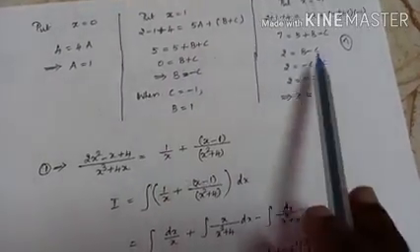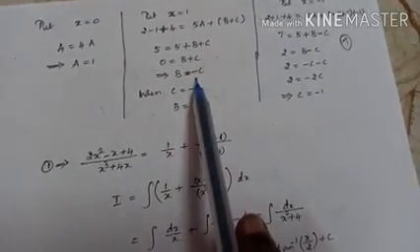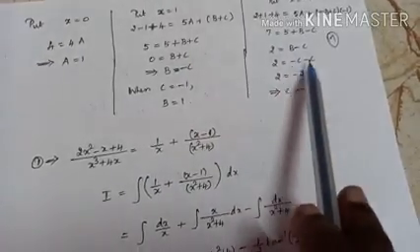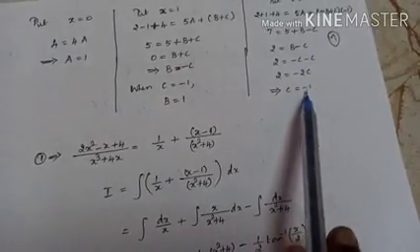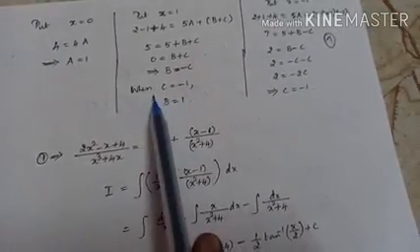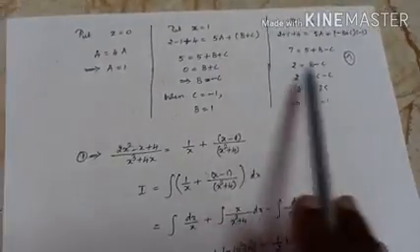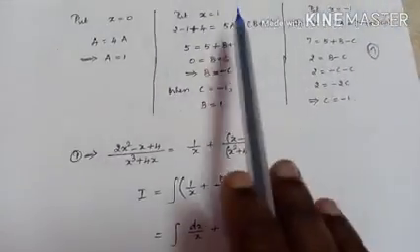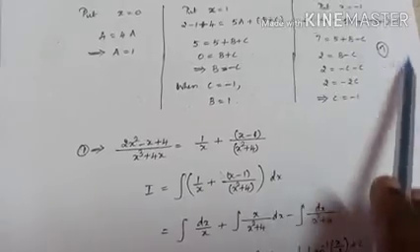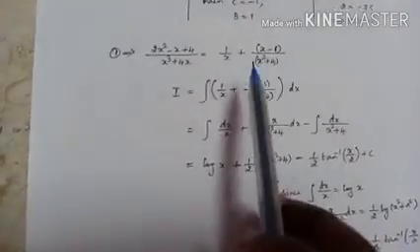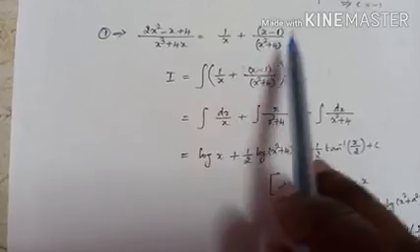Simplify. You will get the equation B is equal to minus C. Substitute B is equal to minus C here. So C will be minus 1, and if C is minus 1, B is plus 1. Just by solving equations, you can find the answer of B and C. This is not the only method to find A, B, C, okay? After finding A, B, C, let us substitute the values of A, B, C in the first equation.